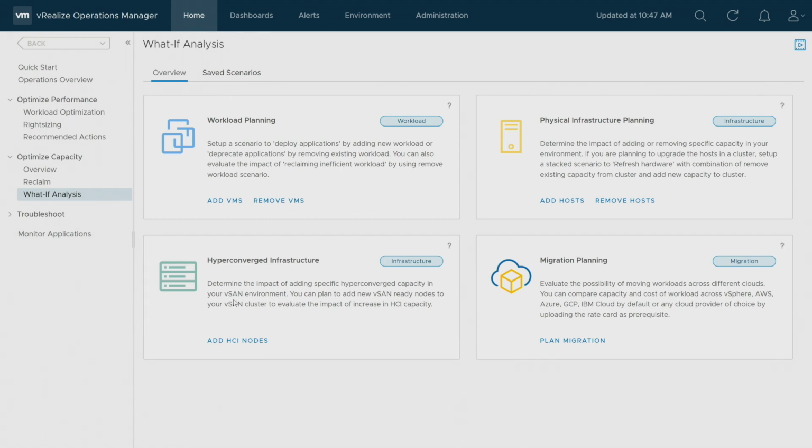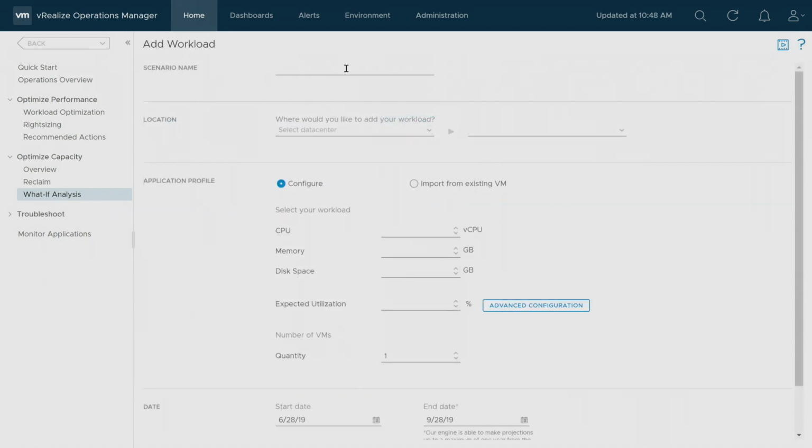So for customers running vSAN, they can select that if they're looking at expanding vSAN clusters, and then the migration planning, which will be, hey, what if I decided to move this stuff to the cloud? So let's look at the workload planning first real quick, just to show you these scenarios. The scenarios for the workload, the infrastructure, the HCI, they all work the same way, so I won't go through each of them in the interest of time, but I'll just say, onboard